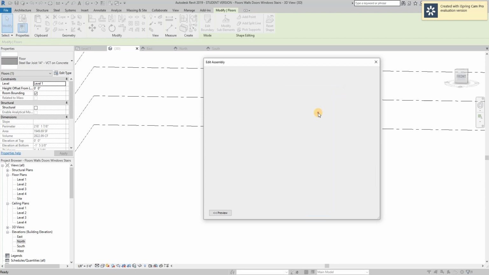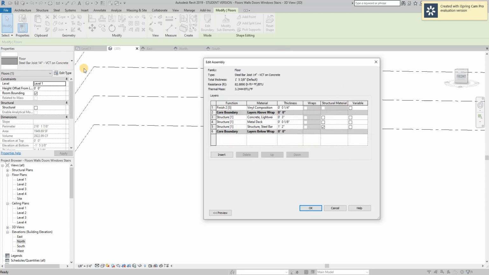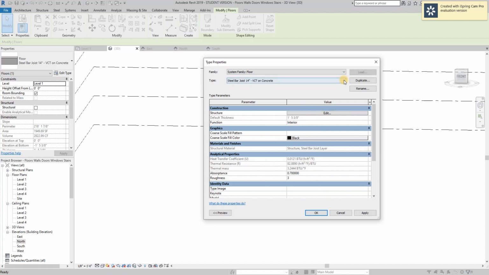Just remember that if you go in and edit it, you are editing that entire type, and so anything that's set to that type will start to change as well. So just be careful about that. But if we want to go ahead and duplicate that, just for the sake of investigation,